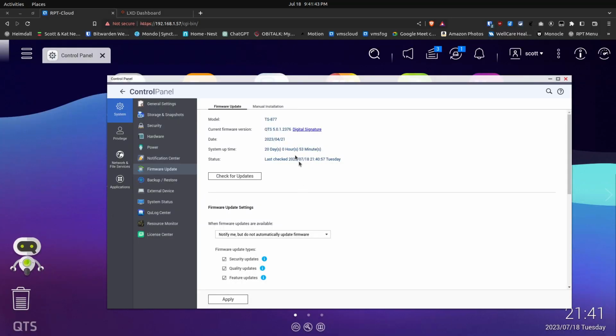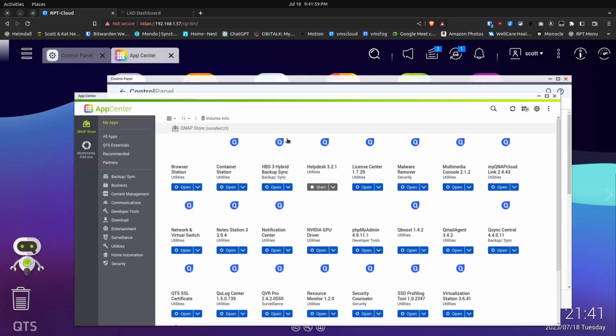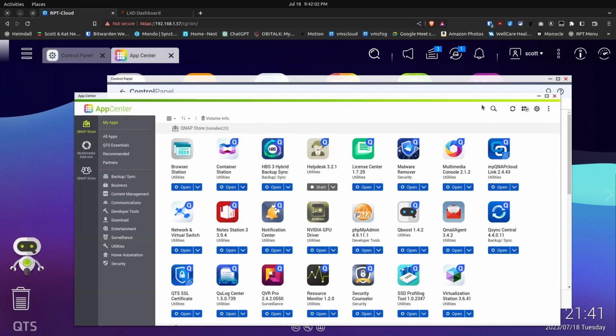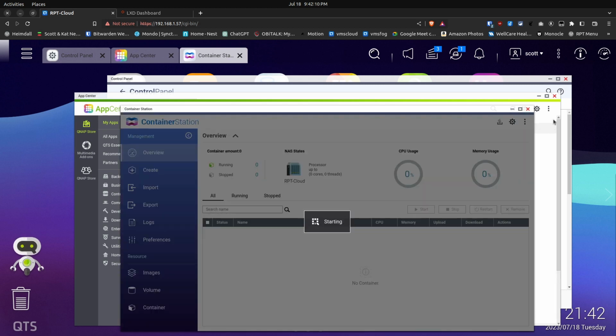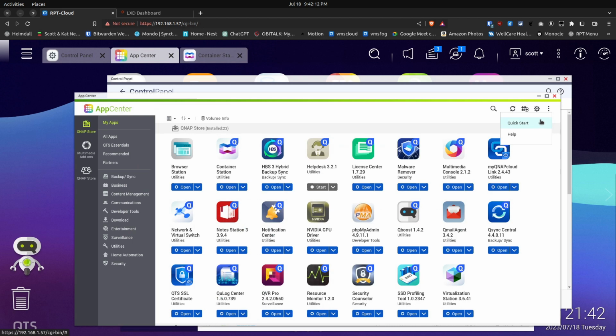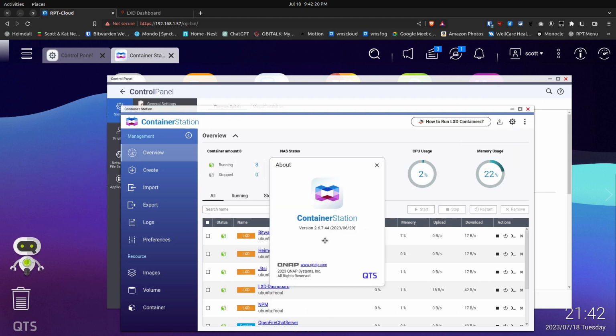So here we are on QTS version 5.0.1.2376. And if I go over to App Center right now, you'll notice that there are no updates currently available for Container Station. However, if I open Container Station and take a look at it with an about command, it'll say that I'm running Container Station